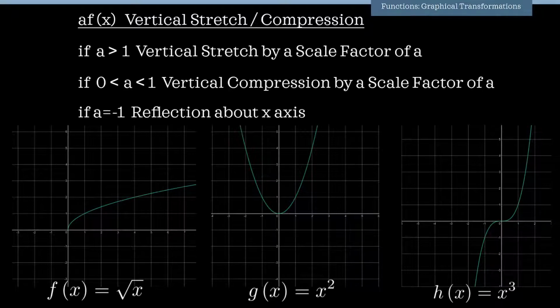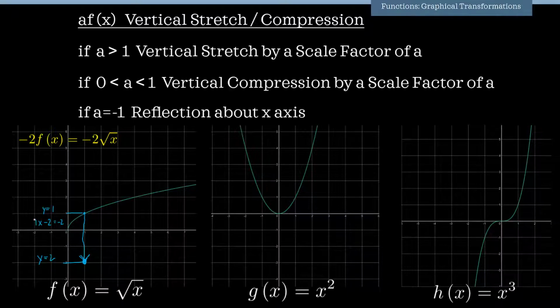Now let's look at how the graph is going to transform if the value of a is negative. So let's suppose that a is -2. What is the graph of -2f(x) going to look like? For this transformation, each point on this graph is going to scale by a factor of -2. So this y value of 1 at this point is going to get multiplied by -2, and 1 times -2 is -2. So this point is going to move over here when the y value is -2. The x value in this type of transformation remains the same.